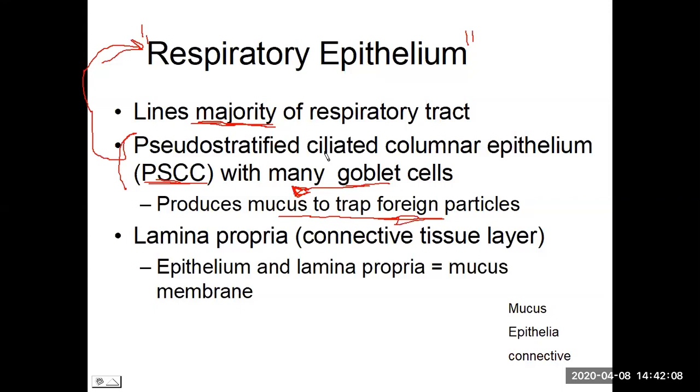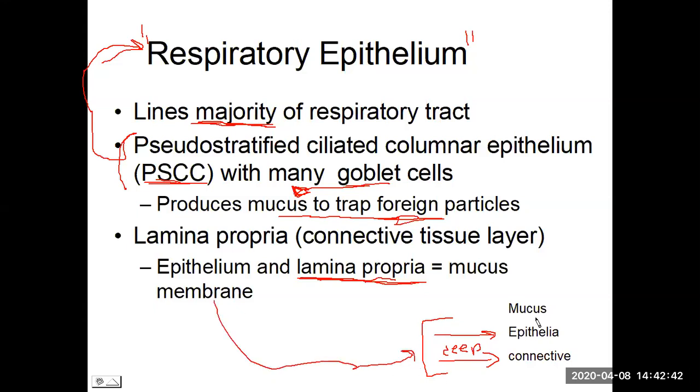So now, deep to the epithelial tissue, we have a structure of connective tissue known as the lamina propria. Whenever we have this arrangement, in any location in our body, with superficial epithelial tissue and then a deeper layer of connective tissue, this is the structure of some type of membrane. And now that it's coated in mucus, the same mucus produced by goblet cells, this is known specifically as